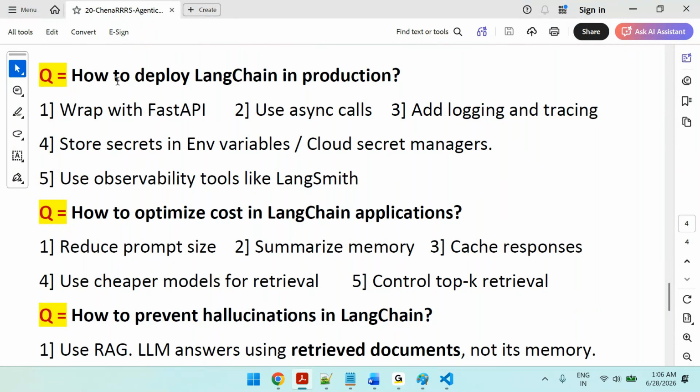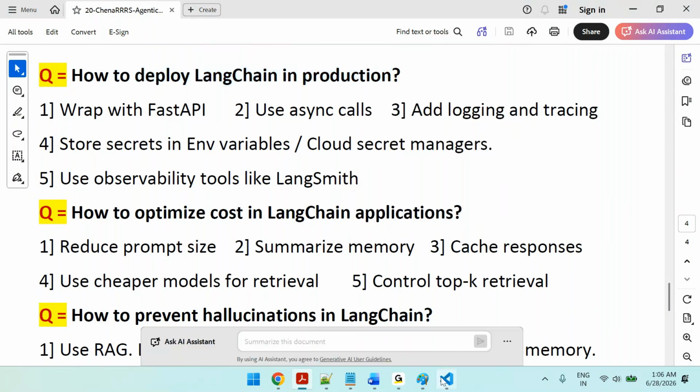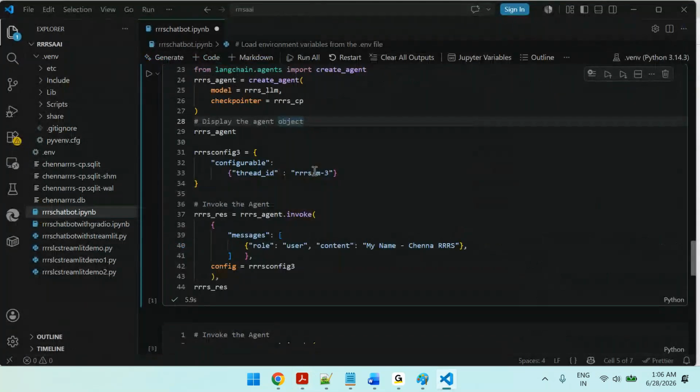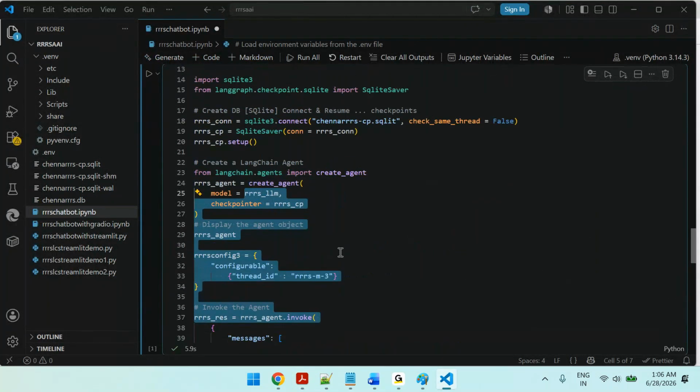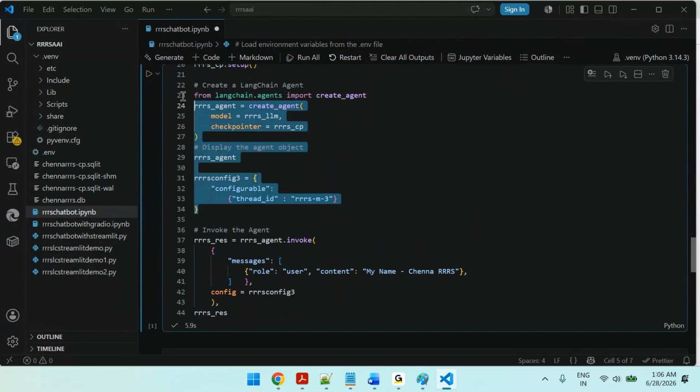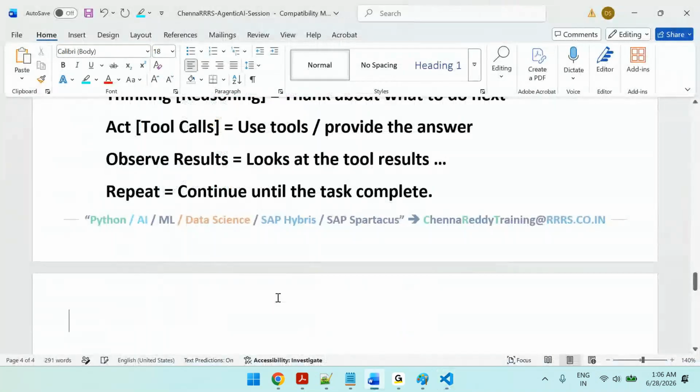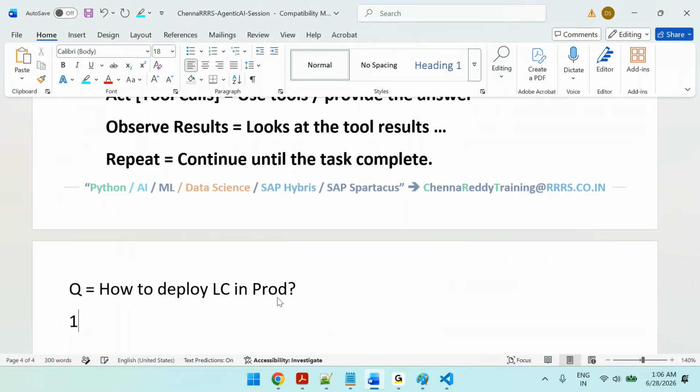First one is, how do you deploy LangChain in production? Please remember this. This is how we developed the agent. Once we develop the agent, pack this as a FastAPI and deploy. That is one thing. So the question is, how to deploy LangChain in production. That's the question. For that,